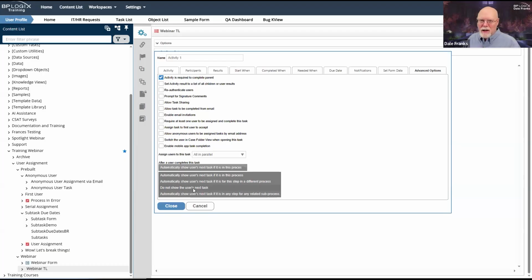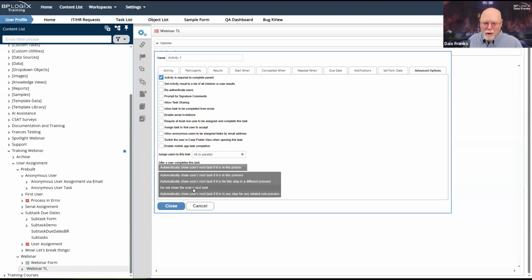When I complete this task, I want my form to close, and I do not want the user to do the next task, because it will confuse them if they click approve and the form just reloads and the next thing that they see is another approve at the bottom of the form. My users will not know that they have completed one task and are now in a subsequent task.